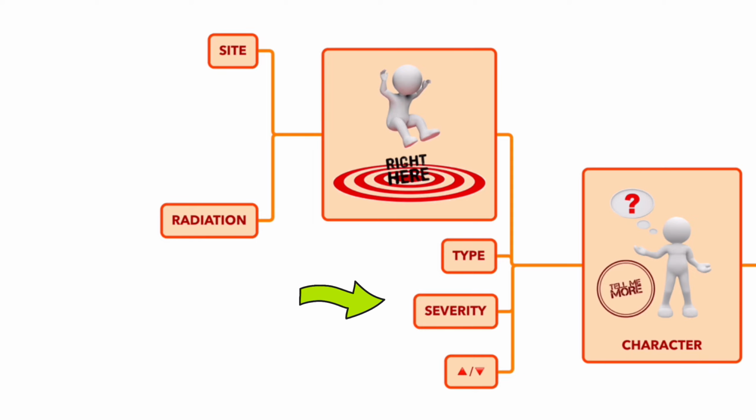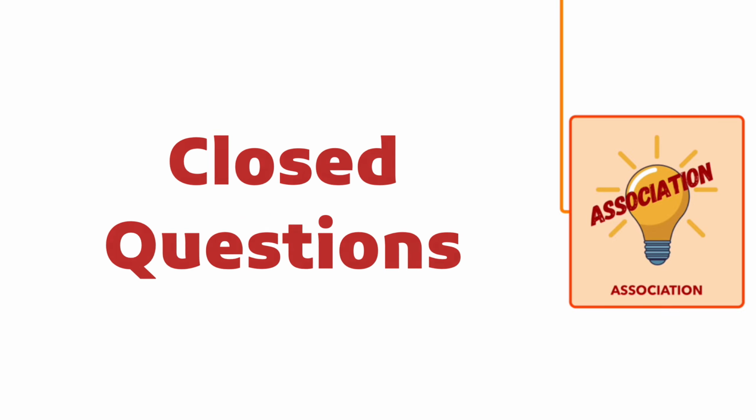Next is severity. That is actually a subjective grading from 1 to 10, depending on how the patient himself is feeling the pain. So that's the grading done by the patient himself, how he feels the pain from 1 to 10. Next, what increases and what decreases the pain or the symptom, depending on the patient's experience. Then the last thing we need to ask about is associated symptoms in the form of closed questions.